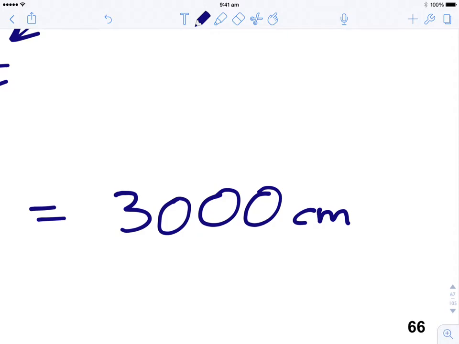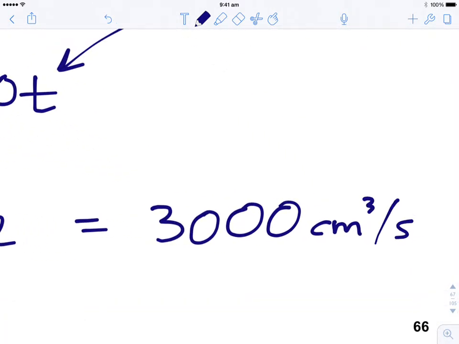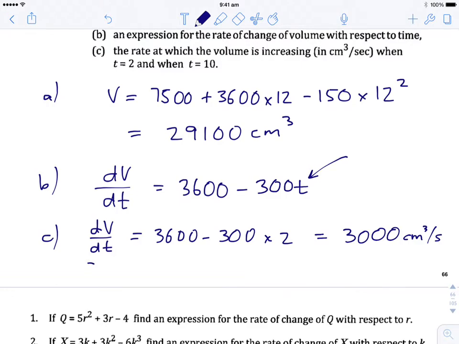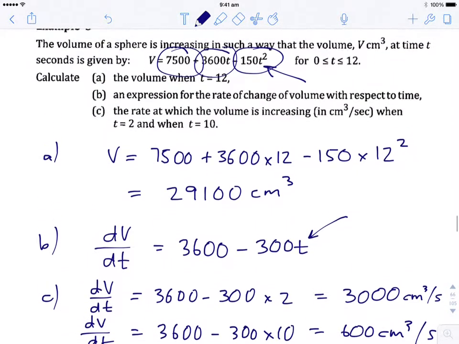That would be, because we're talking about volume, centimeters cubed per second. And the last one, minus 300 times 10. So that's only 600 centimeters cubed per second. Okay, so you can see it slowed right down. So there's some basic examples using calculus, rates of change using